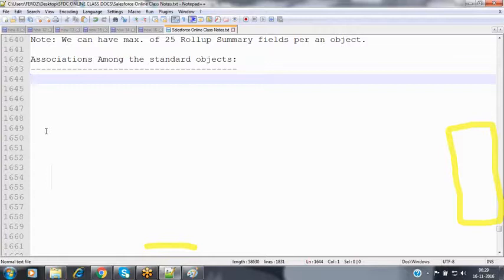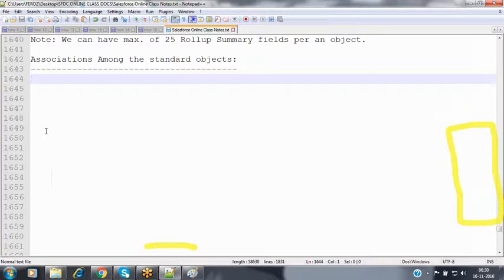Like if I want an average on the field, it is not available by default. We have to create our own field, write a trigger, and update it. Whenever a record is added in the child object, we need to write a trigger, for example for the average sales for this customer or for this account.